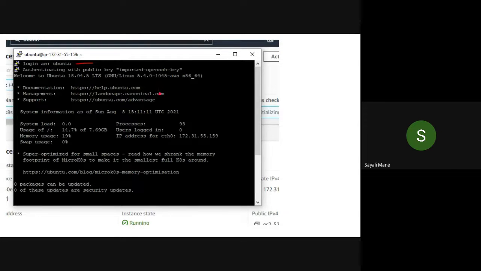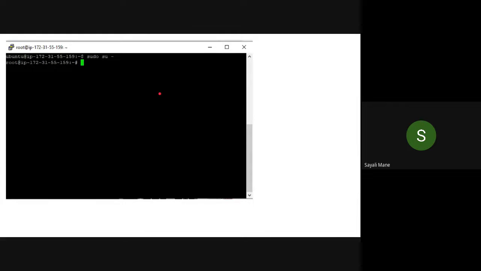Done. Now next one, type sudo su - this command.